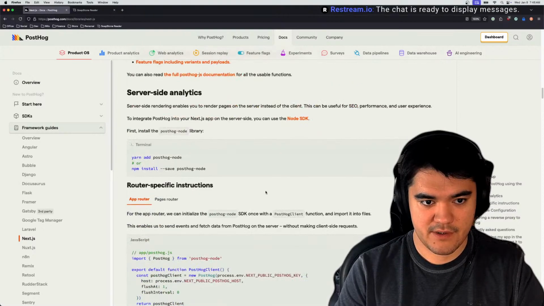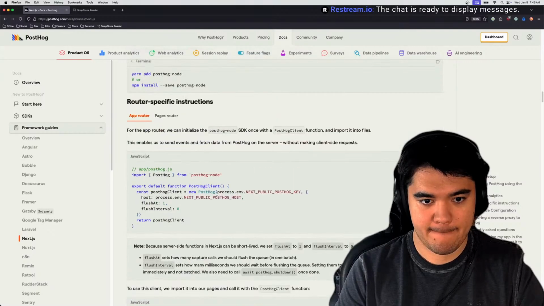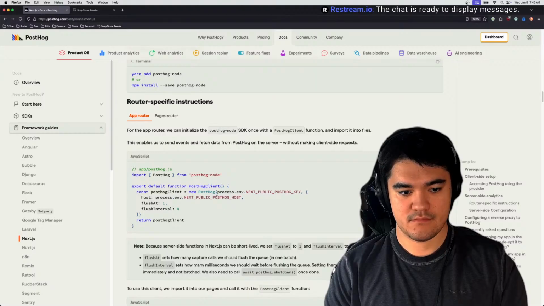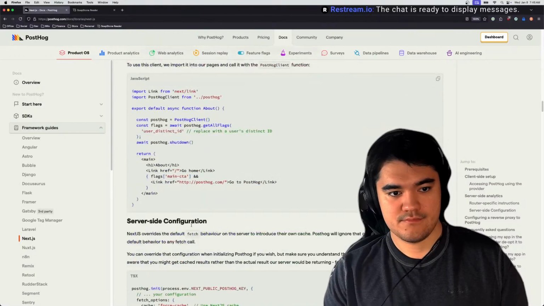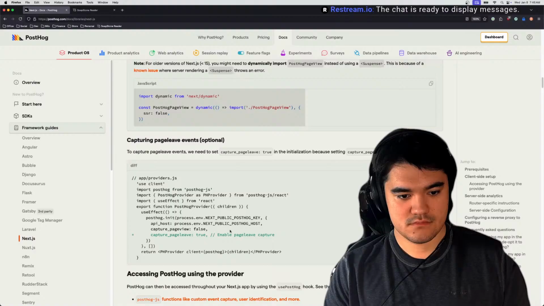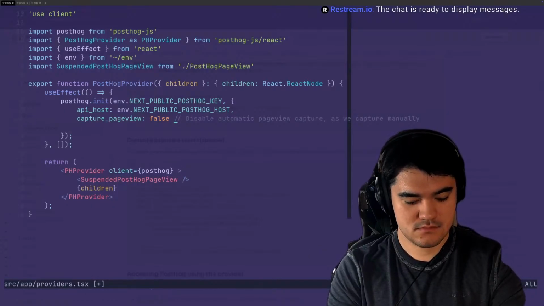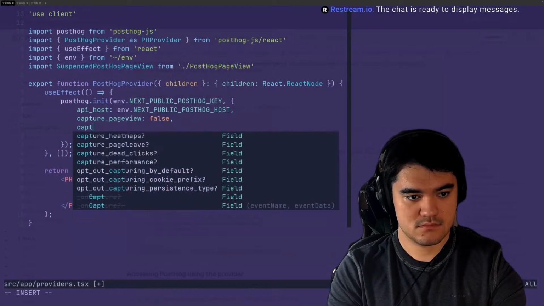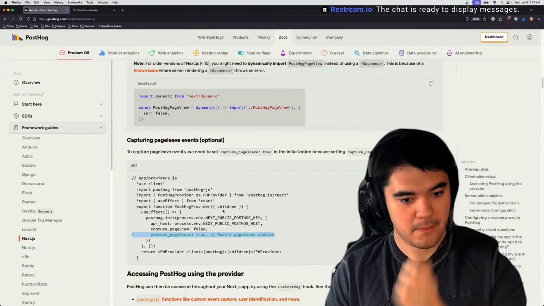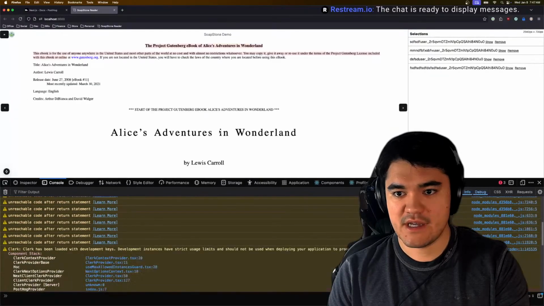Accessing PostHog using the web. Now, that is not going to just work, is it?